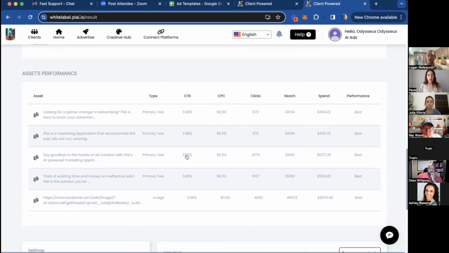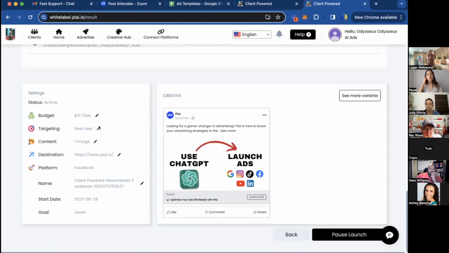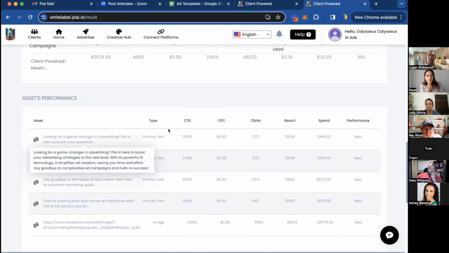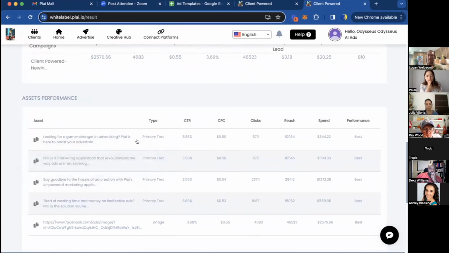Maybe you do want to add something else, like a different headline or primary text, or maybe you do want to remove one. So you can always come in here and edit it. But we're giving you that option now to see deeper reporting for each asset that you're testing. So I think this will be really awesome for you and for your clients right here.